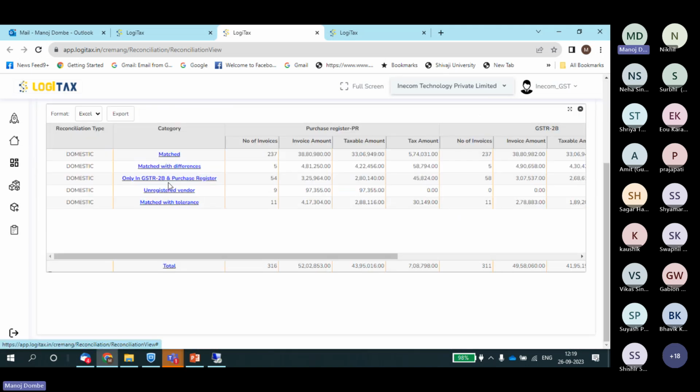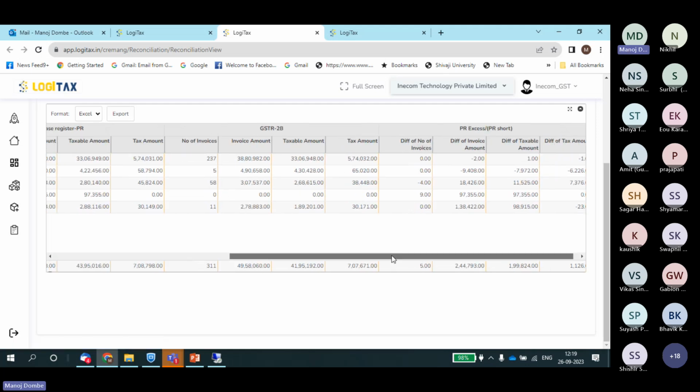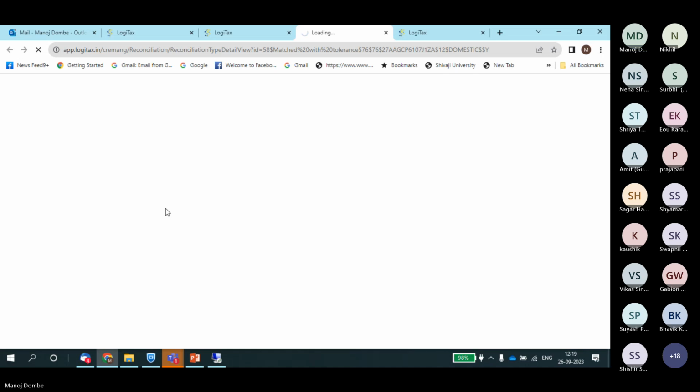Now, this is what has been shown to us with matching state. Now, this is match with tolerance. So there is some kind of tolerance here. And if I go and click this,